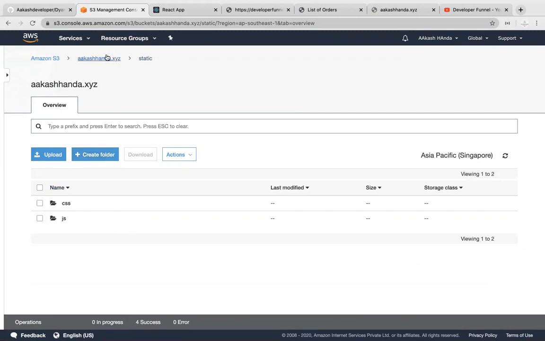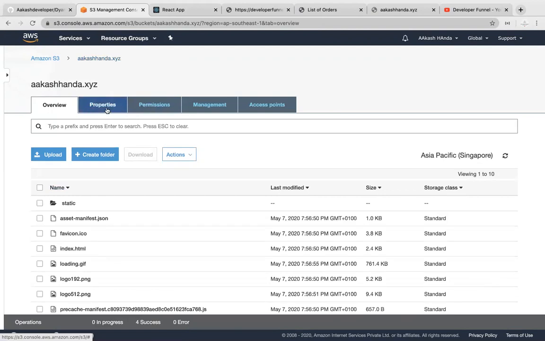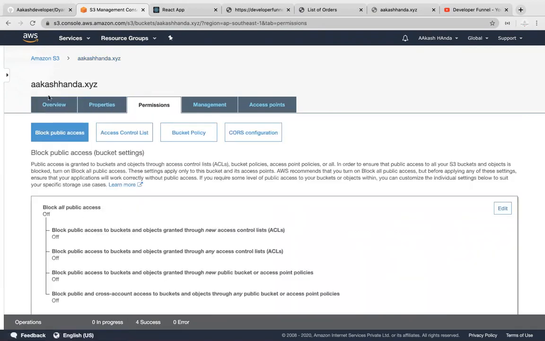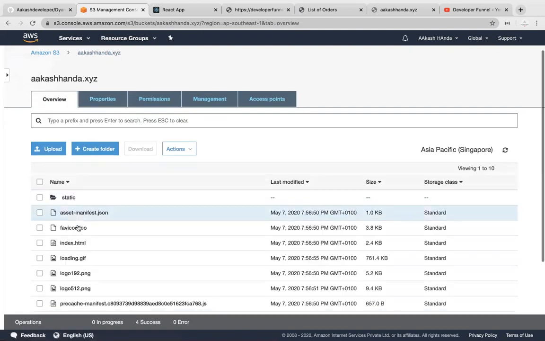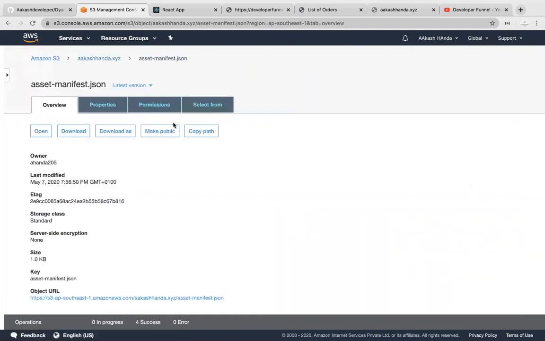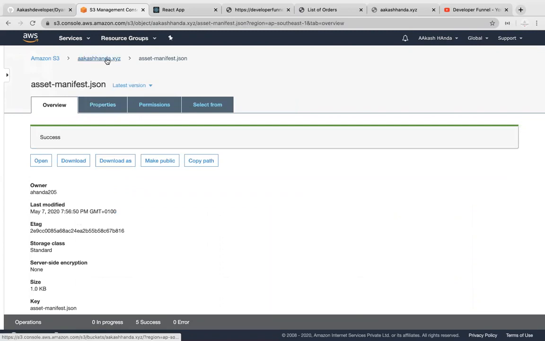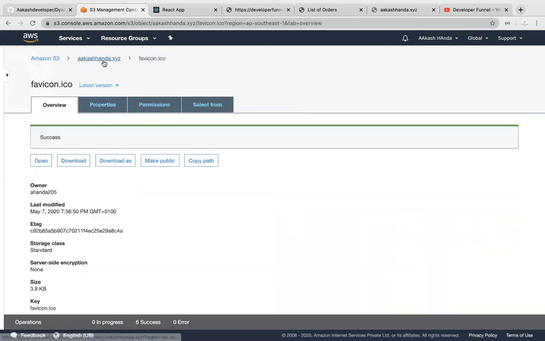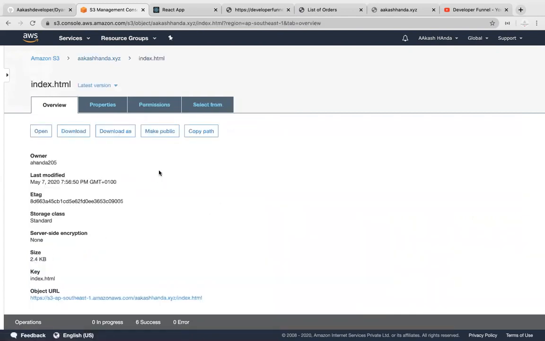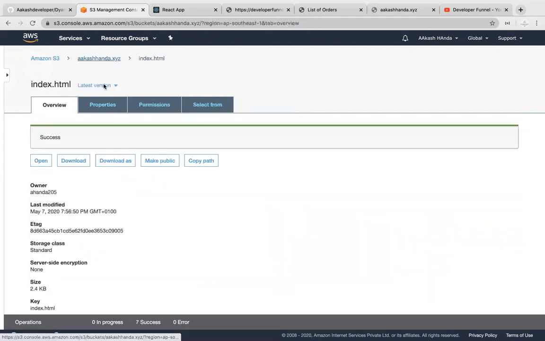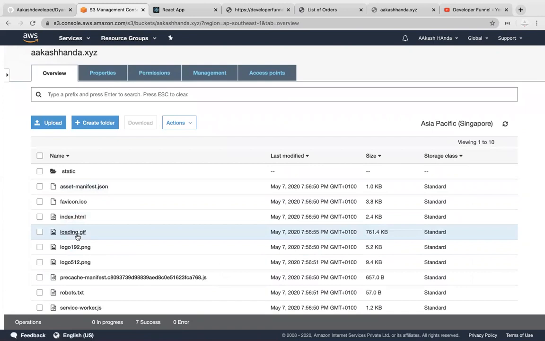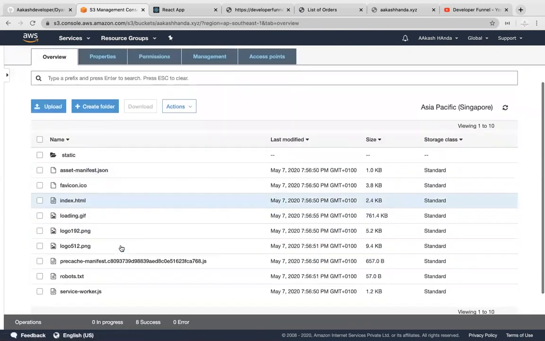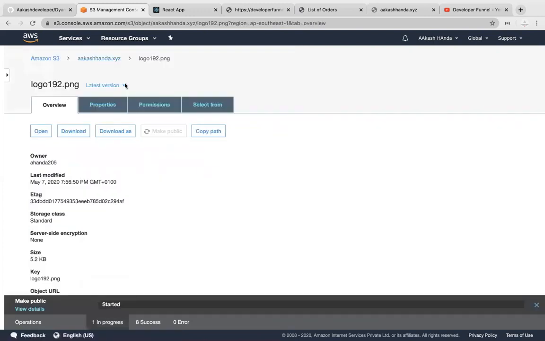Now there are two things you have to make sure. First of all, make sure your bucket has a permission of public access, and all the files have to be made public. Make sure you do this, else some part of the code will run, some part of the code will not run, and you will wonder why it's not running. I can make them public through code also, but I'm considering a way where I don't know anything about AWS. With very minimum knowledge, I want to host it.